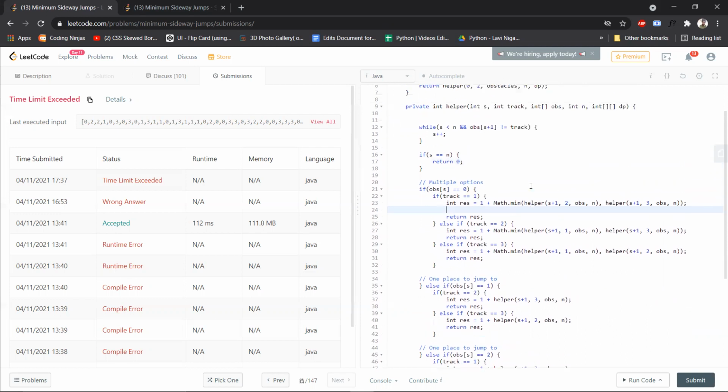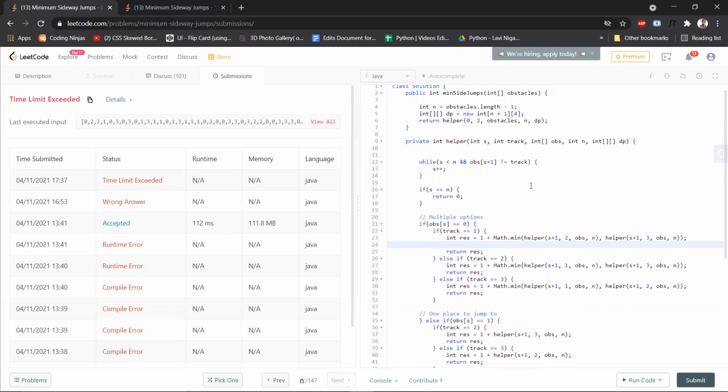We also need to keep track of the position that we want to fill the value in. We need to store this S somewhere because we are increasing its value when there's no obstacle. We need the original value. So let me store it in, let's say, current position equal to S. Then DP of current position and track, sorry, this will store the value result.